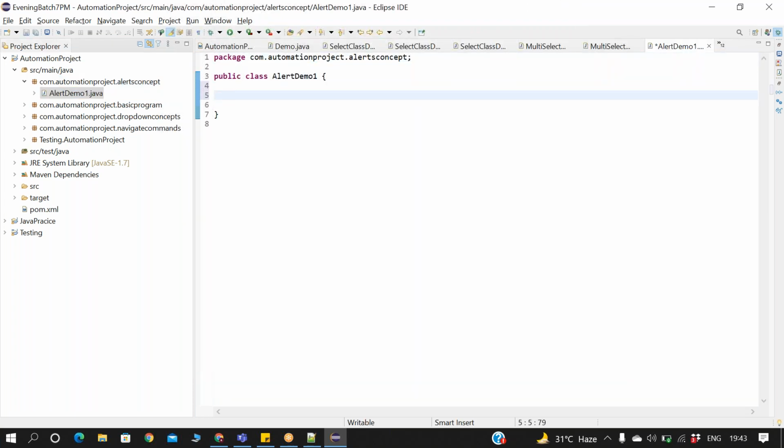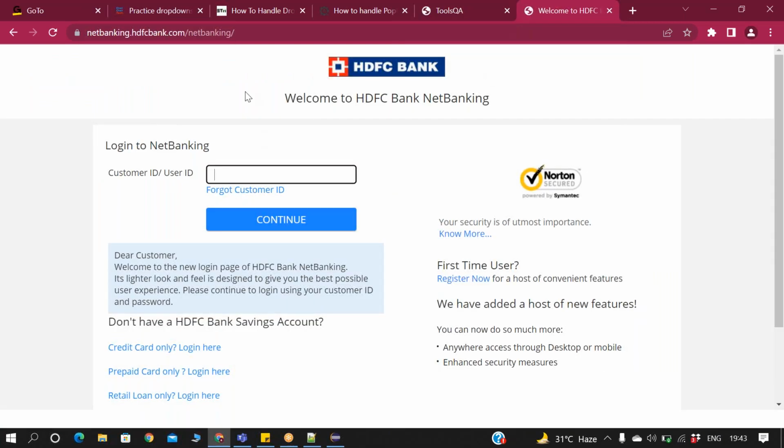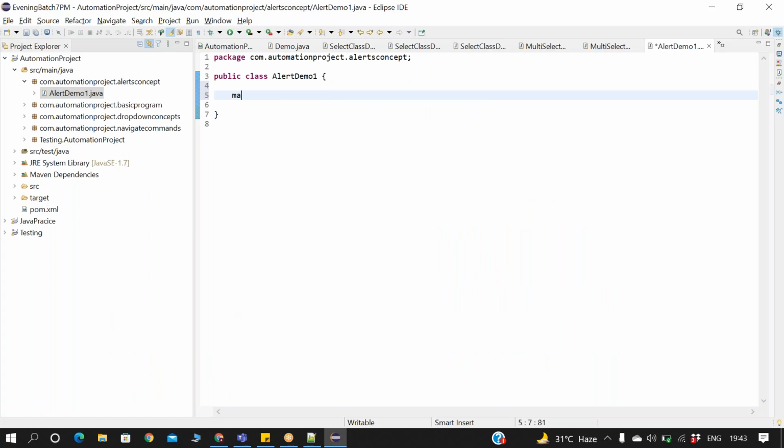Same code, or I can use this application, or if you are not satisfied with this application, we can use some other applications also. We can go with this application. First time we are using HDFC Bank. First we need to write the main method. Inside the main method only we need to write the logic. WebDriver manager